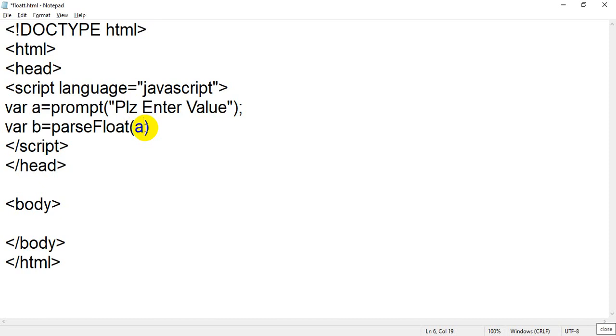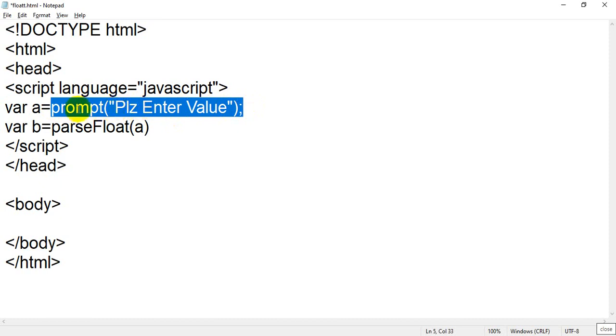Do you have any problem, student? What I have done, initially I have declared a variable. I am trying to explain, please pay attention. I have declared a variable a, and inside that variable I am storing some value. Which value? From this prompt, please enter. The line I have selected in this program will create a prompt box, which we have seen in my browser, and when you enter some value, that value will be stored inside variable a. Okay, done? Any problem?